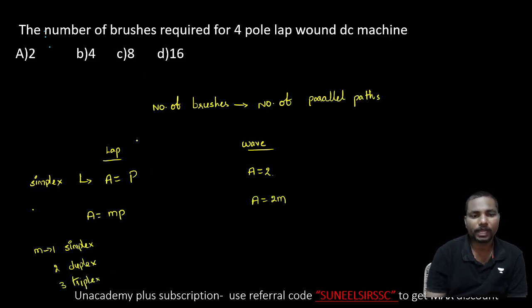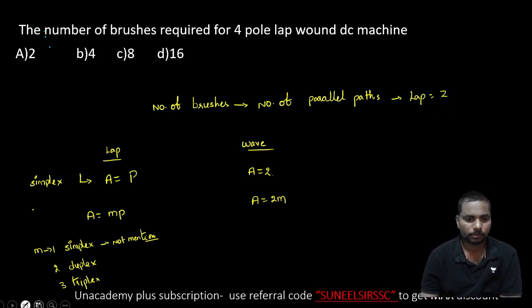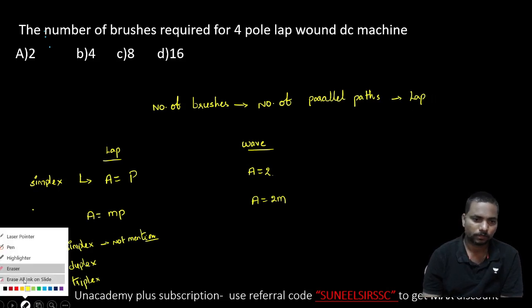Okay, so if they have not mentioned anything, then also we have to take simplex only. So here A is equal to P. So the number of brushes is equal to the number of parallel paths. In case of lap winding, the number of brushes is equal to